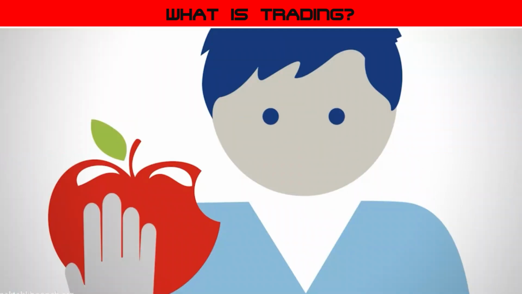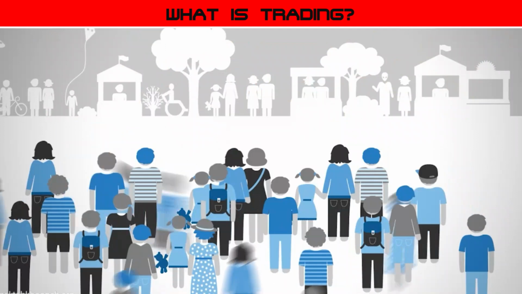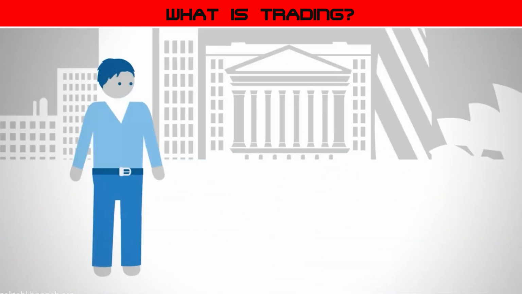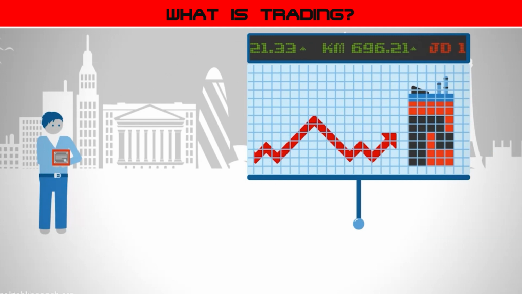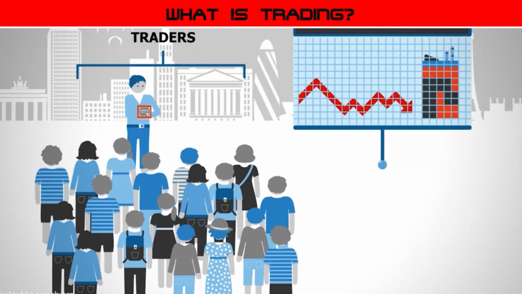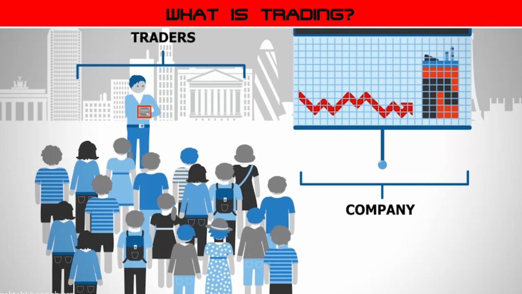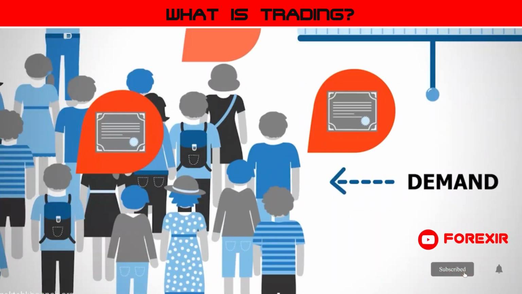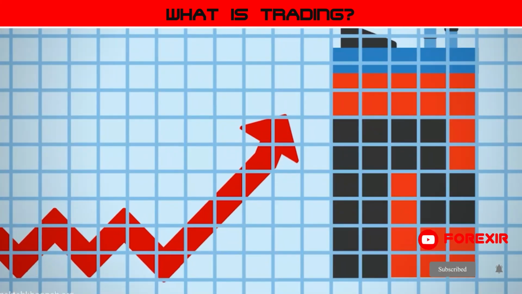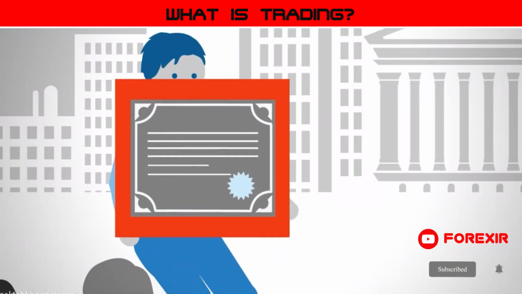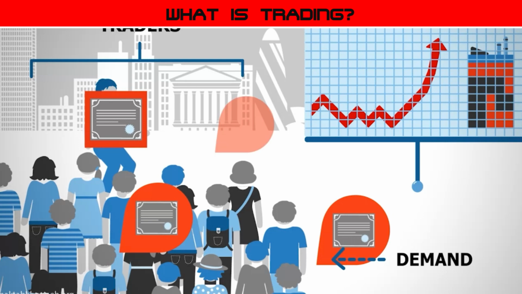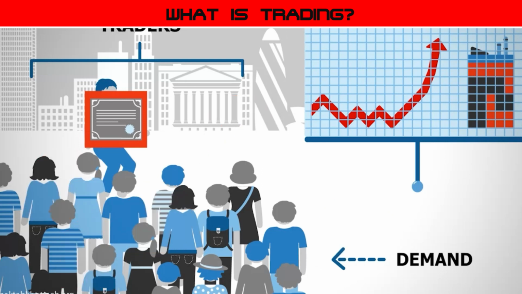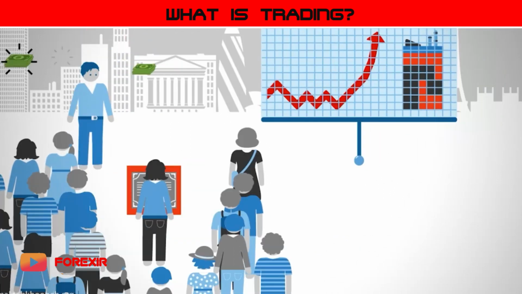So how does this apply to the financial markets? The concept of supply and demand is exactly the same in the financial world. In the financial markets, the customers are the traders, and they are buying and selling shares of companies. If more people want to buy the shares because the company posted great results and it is paying out some of its profits to shareholders, then the price of those shares will go up because the demand for them will go up. You can sell those shares to other traders that want to buy them, and by doing so, you will make money.